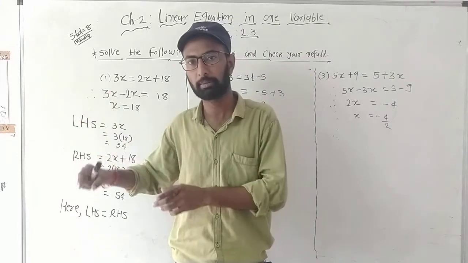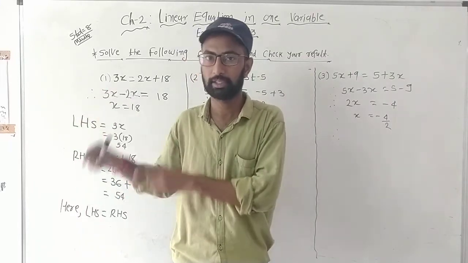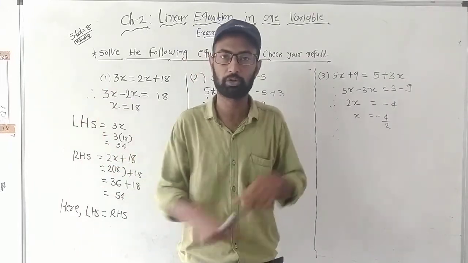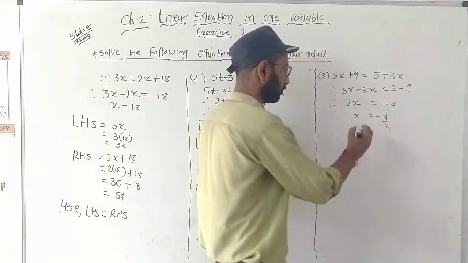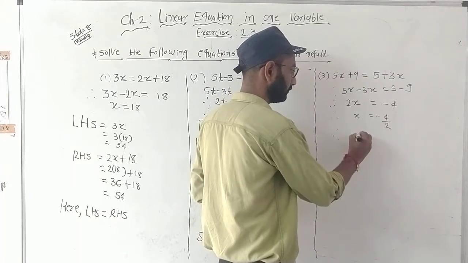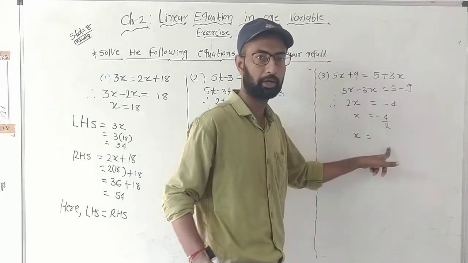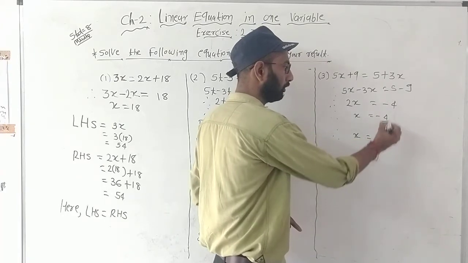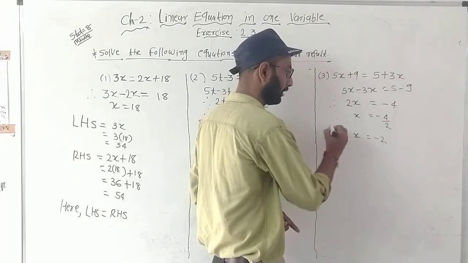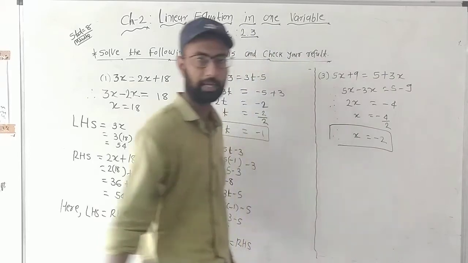And if it is in the denominator, then that will go into the numerator. Okay, this is the rule of our mathematics. So x is equal to -4 divided by 2. 2 2s are 4. So I am getting 2 and sign of minus. So I am getting the value of x is -2.